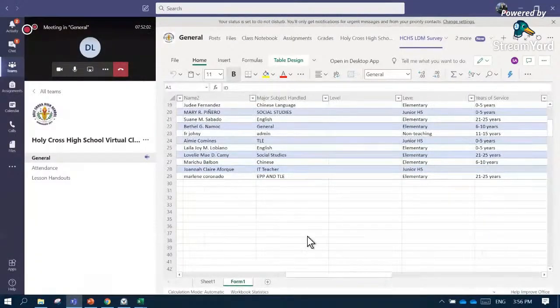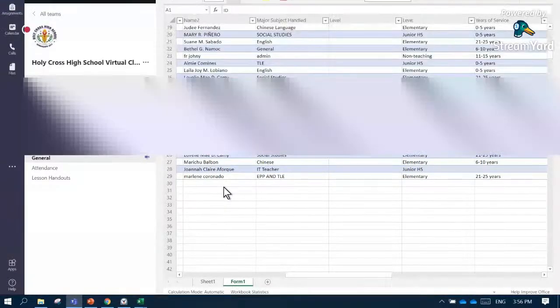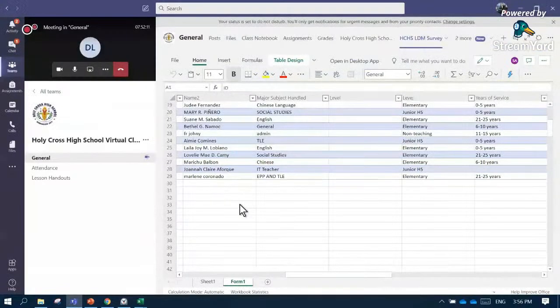We have additional responses from Ma'am Joanna Claire Forte and Ma'am Marlene Coronado. Okay, so they're handling ICT and EPP and TLE, and their corresponding preferred LDM.